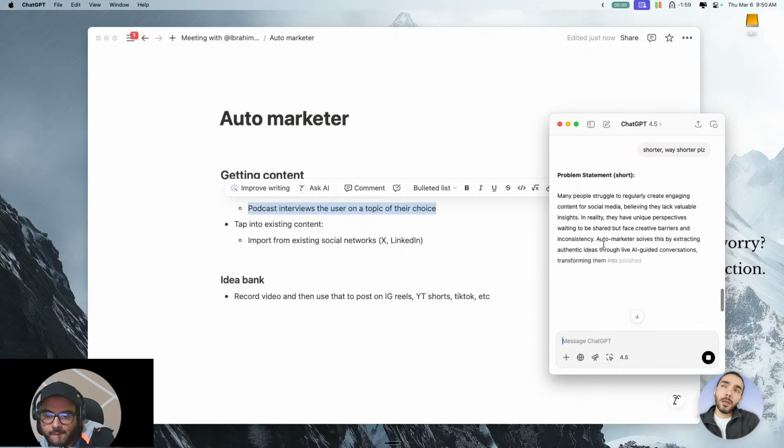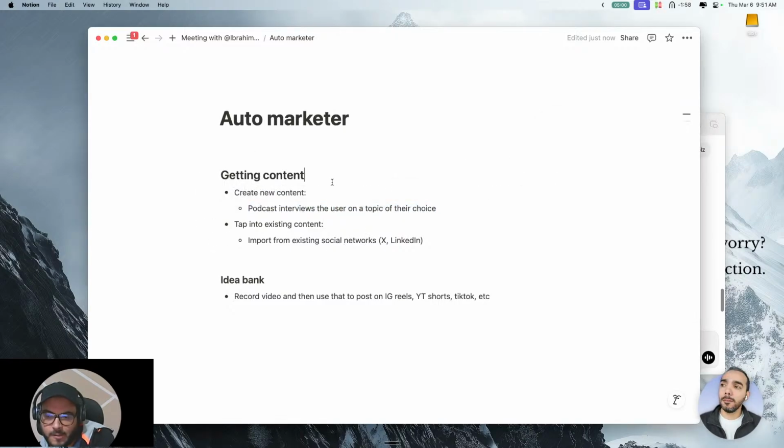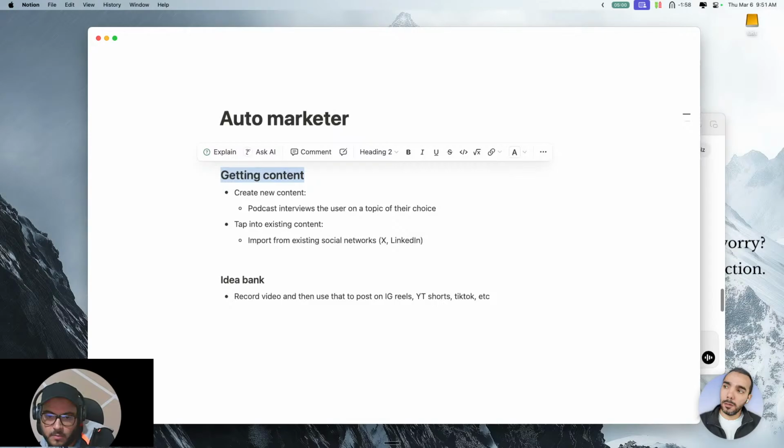Exactly, you could decide what you want the output to be. So input type, and then for output,